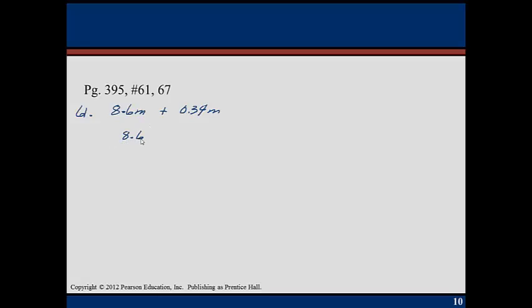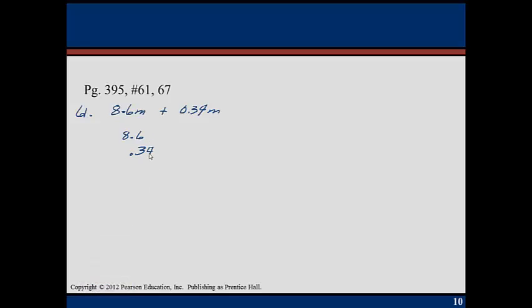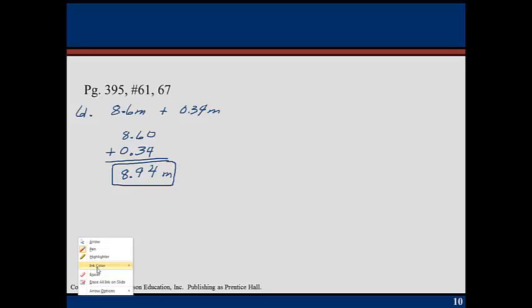So we have our 8.6 meters. And remember, when you're adding decimals, to line up your decimals. So I'm going to write my 0.34 underneath it. And then add. Remember, the placeholders can be zeros, or you can use your calculator. And this comes out to be 8.94, and then don't forget the meters. So remember, if they have the same units, we can just add them together. And then number 67,